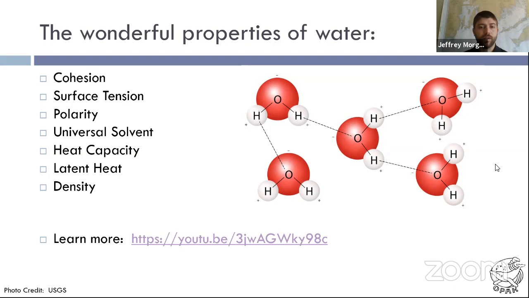So we have liquid, solid, gas, which is going to be important later on when we're talking about how nutrients get into the water. But just remember, it takes a lot of energy to get the ocean to freeze or